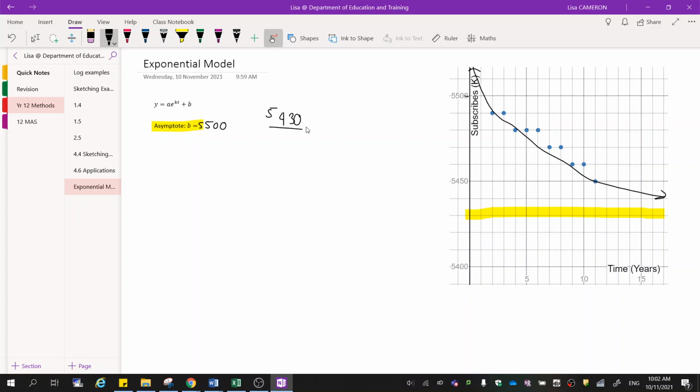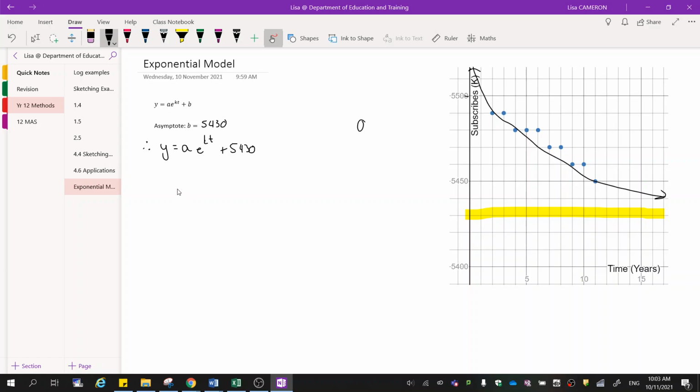The other thing that you could do is assume that your asymptote is at 0, but it'll make all of your numbers and graphs look really condensed, and it'll make it harder to see things. So I would suggest either going above or below and talking about it. Today in our example, I have started with this, so we'll go with that. We're going to say that our asymptote is at 5,430, meaning that our model will be y equals A e^(kt) plus